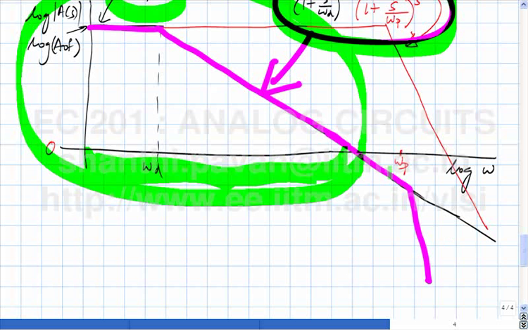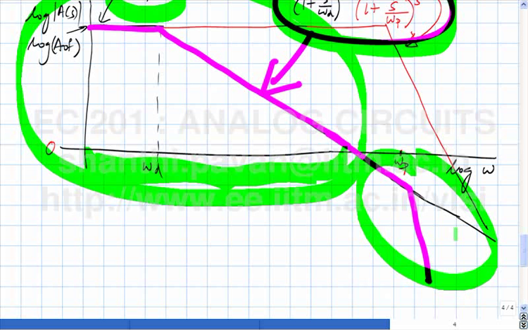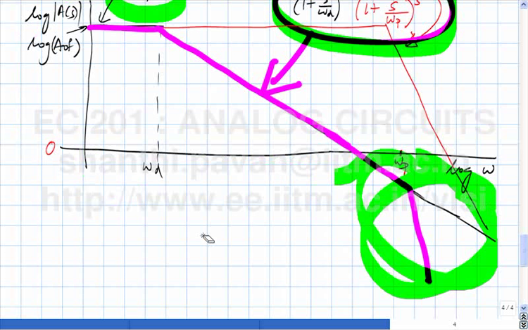And I claim that anything that happens in the frequency range where A naught F is smaller than 1 doesn't matter. Why does that statement make any sense? At frequencies here where A naught F is very small anyway, the amplifier is completely dead and feedback can't be doing anything to hurt. You understand? So at frequencies where the forward amplifier gain is so small, hardly any output at all, the negative feedback is helping you only when